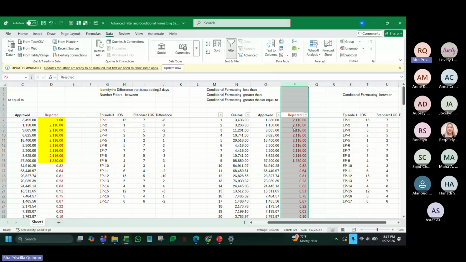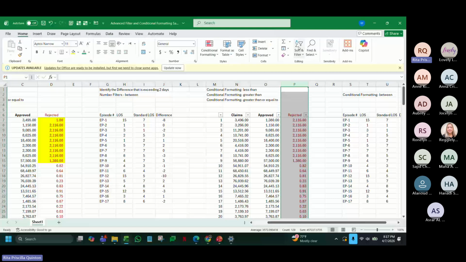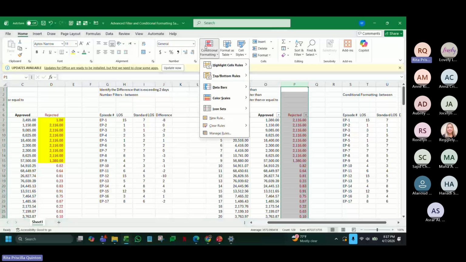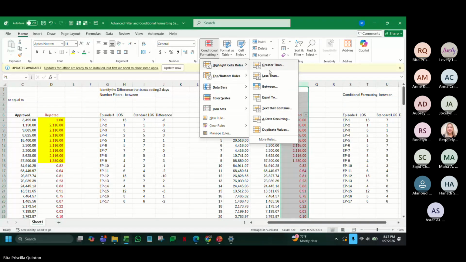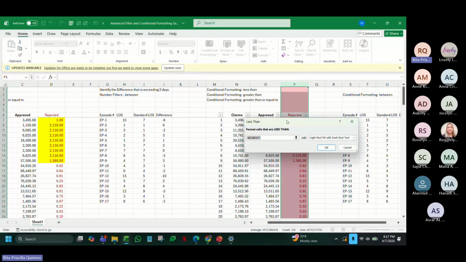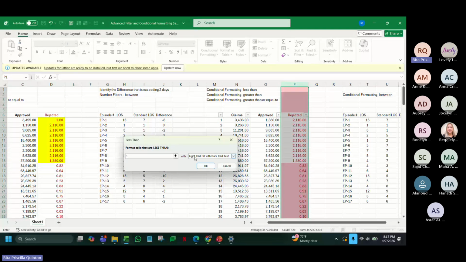So, for example, again, I will do the example of less than 1 real. If I want to highlight all those less than 1 real, I will go here, conditional formatting, highlight cell rules, less than 1 real. Here you can select what type of format you want. You want it to be yellow or green or red.